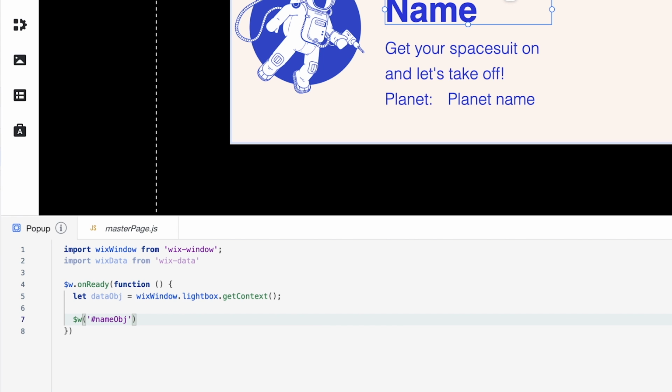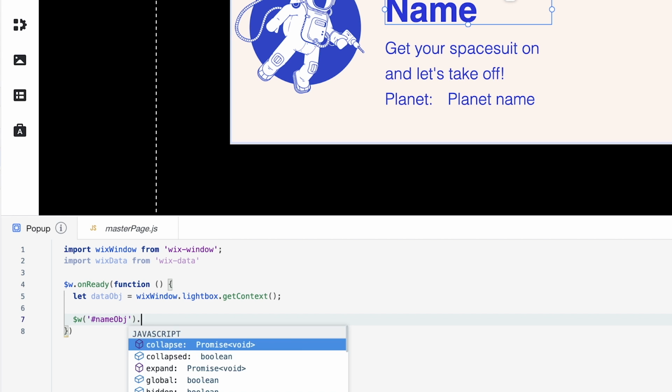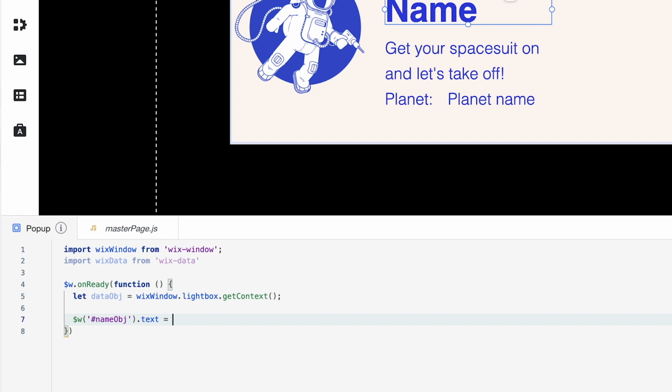We want to be able to change the text of what is presented on the page. Okay, that's fine. So we're going to do text, and we're going to have that equal to the name object from the data that's being passed by. So let's just use data object .name. Simple. So we can do the same thing for the planet info as well that we're getting passed over. And let's just change this out for the planet object .text, and we're going to change this to the planet. Okay, so that's pretty simple right now to get started.